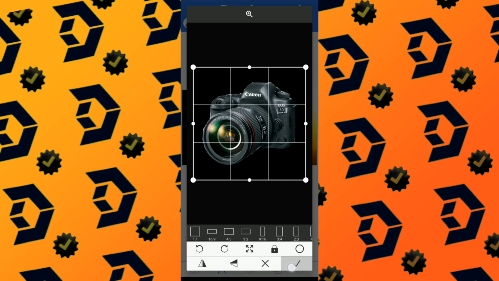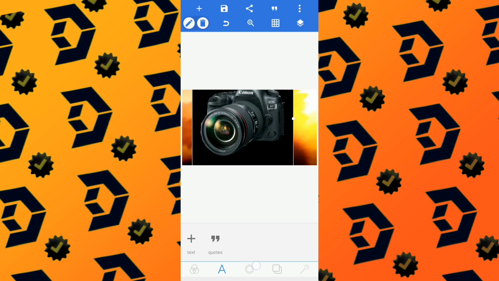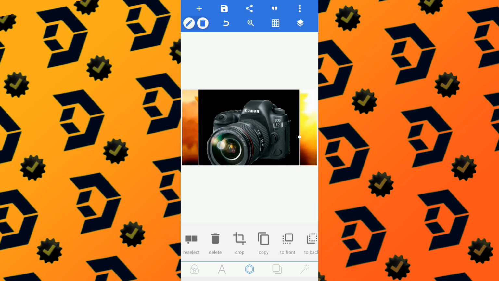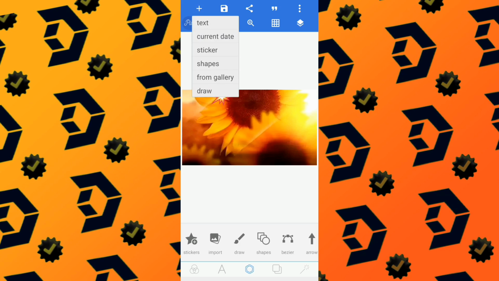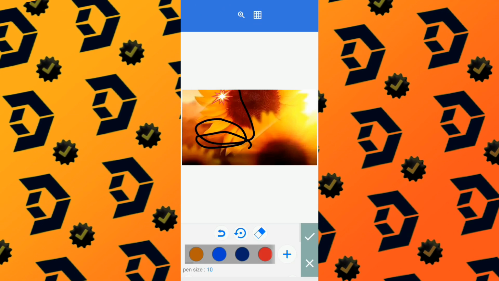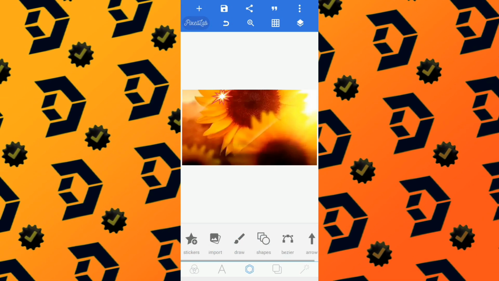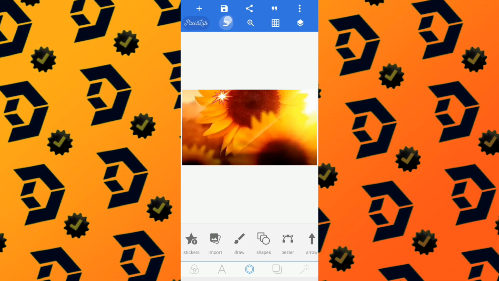Okay, let's say I want to use this. As you can see, I can just import it. Okay, let's go to draw. You can use the draw tool with this one too. Okay, and that is that. And you see this